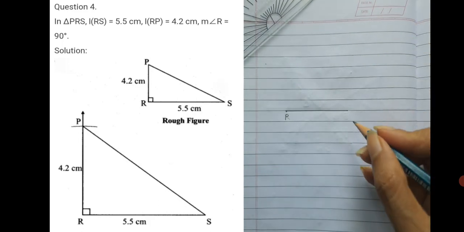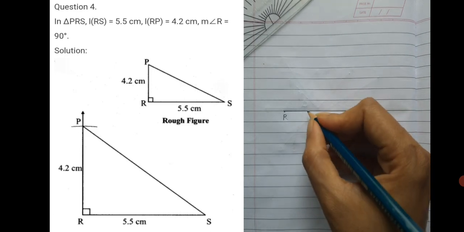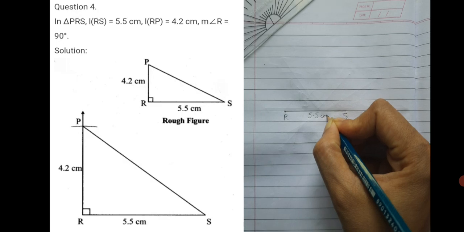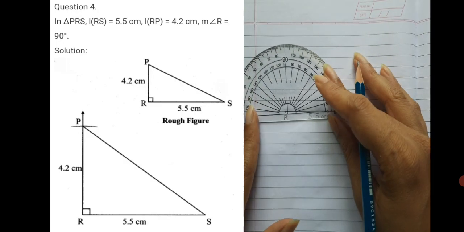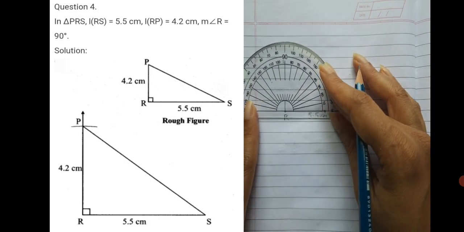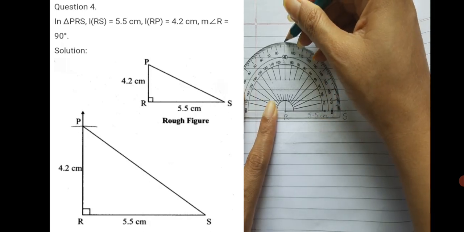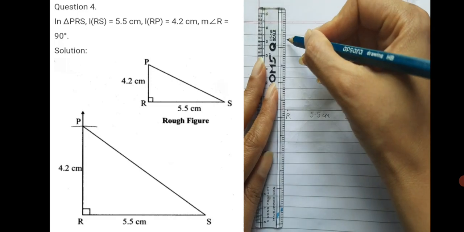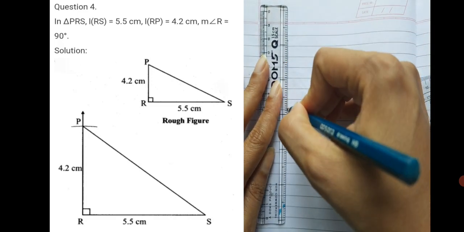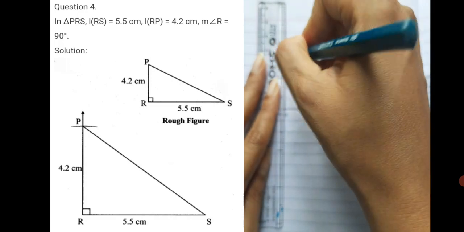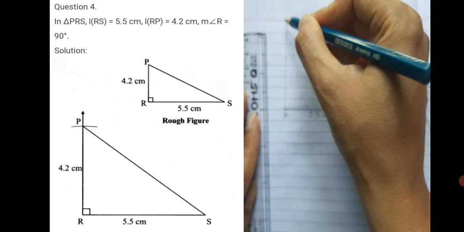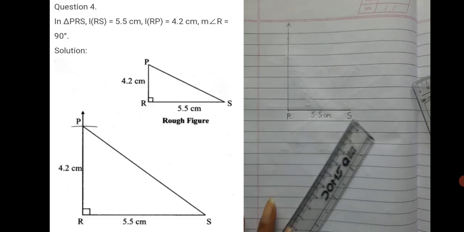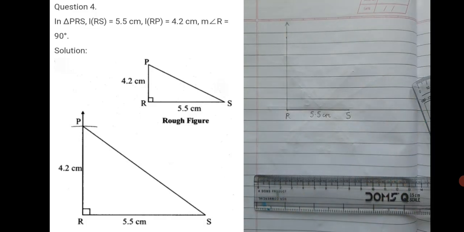So now here I am drawing segment RS, which is 5.5 centimeter. Once you have drawn the base, we take the protractor to mark 90 degree. Do not draw a straight perpendicular line on your own. Always use a protractor to mark angles. So this forms a 90 degree angle. And now we have got the ray which we can intersect according to the given length, which is 4.2